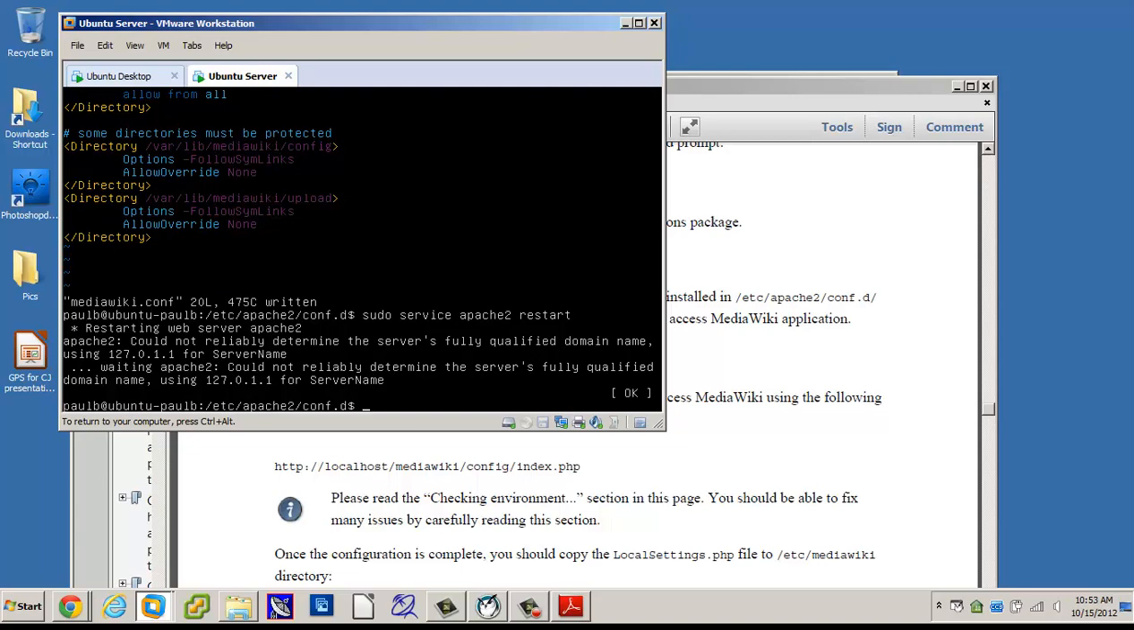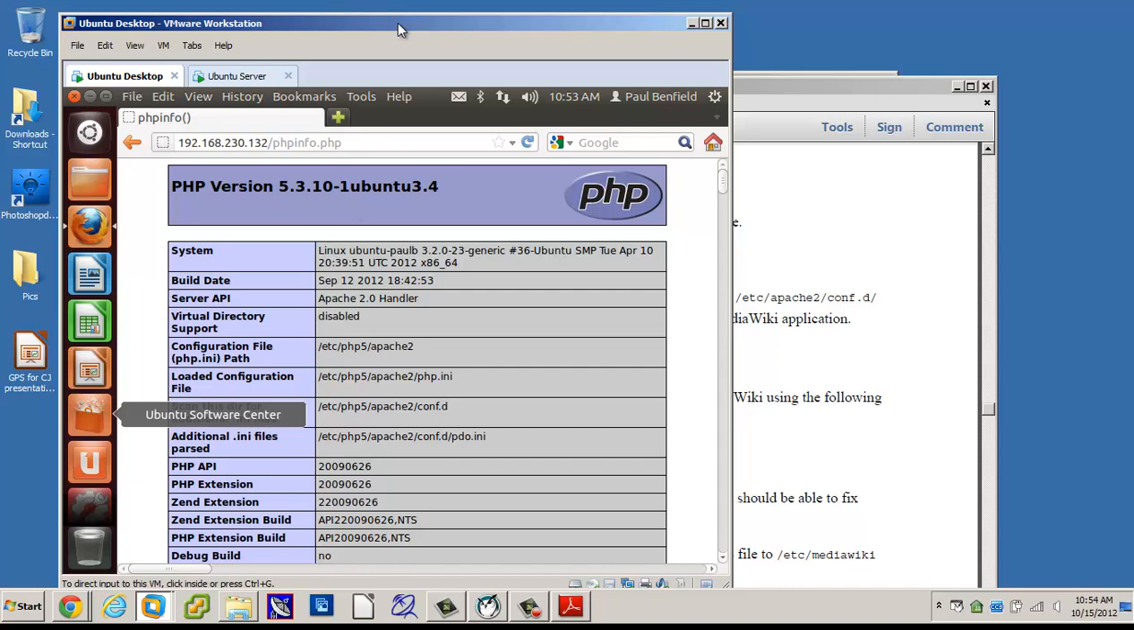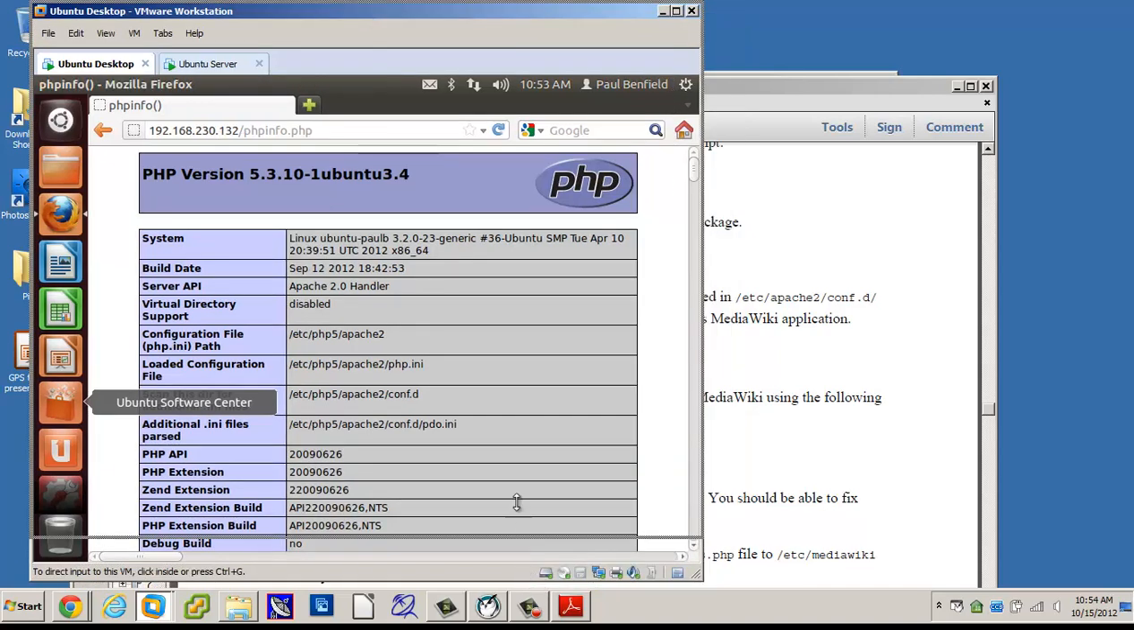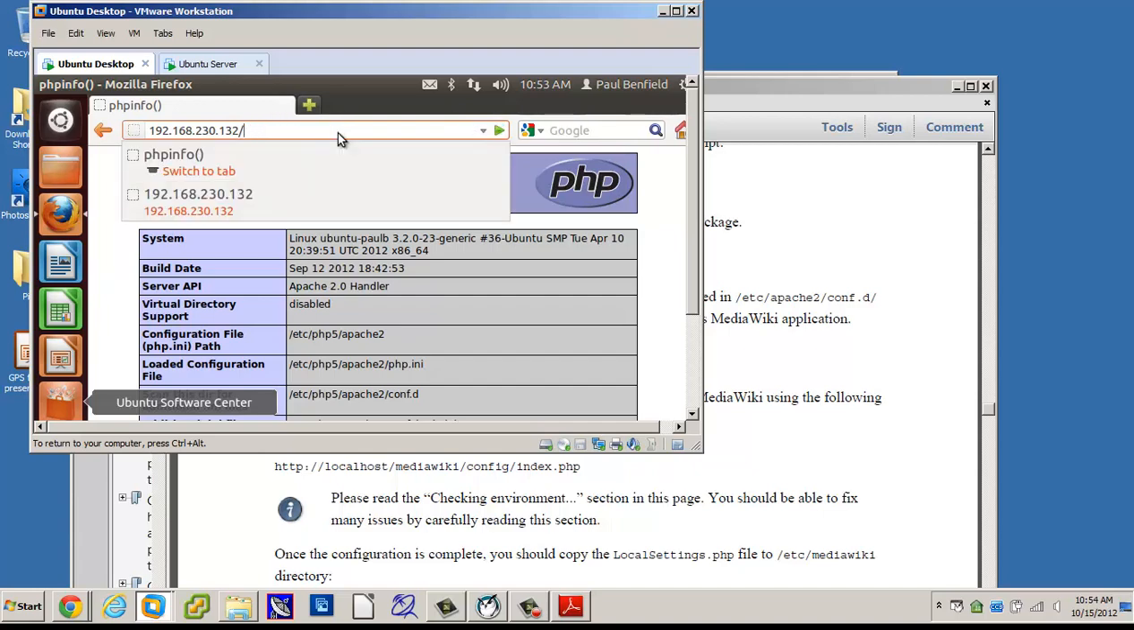Now that I restarted my Apache server, it has all the new configuration file. It picked up that new alias, and now when I type in the alias name, I need to change this a little bit so I can see it. I'm using the IP address, so